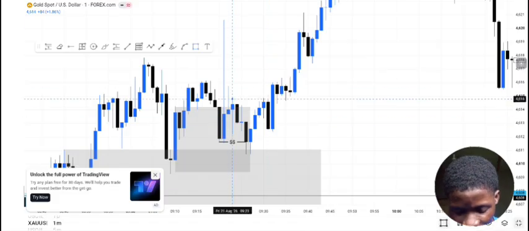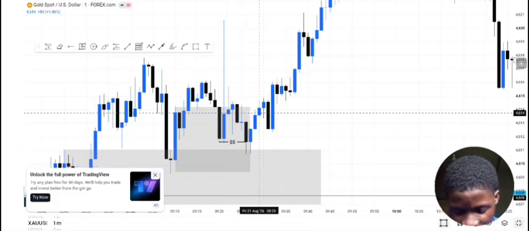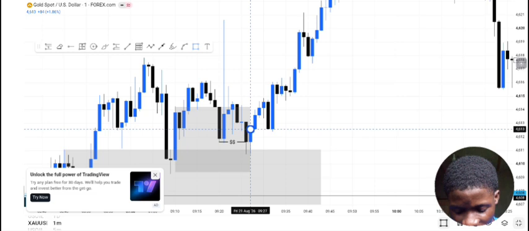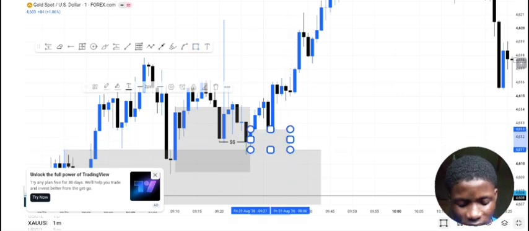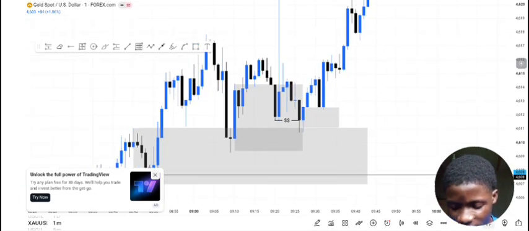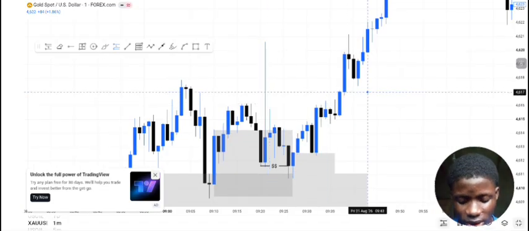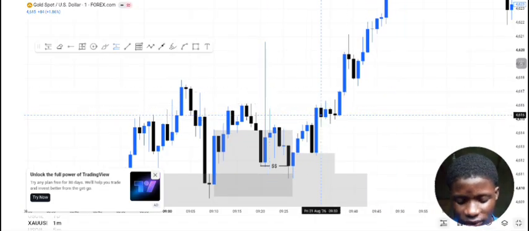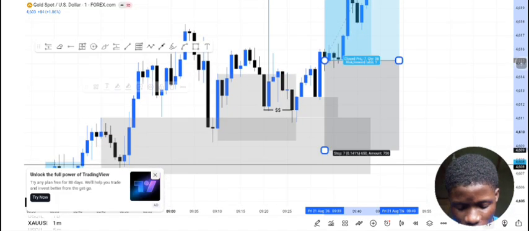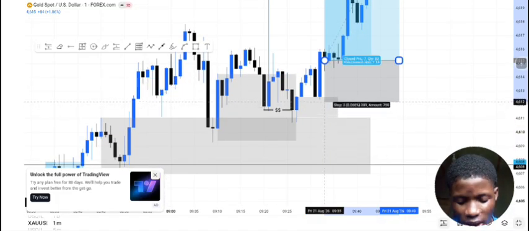When price plays this move, this is another zone here. You can see how price mitigates it. And if you are to place your trade, you just place your trade from this area here. You put your stop loss here, and you will target